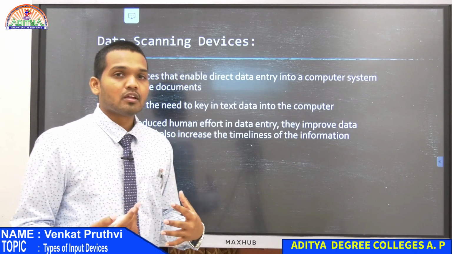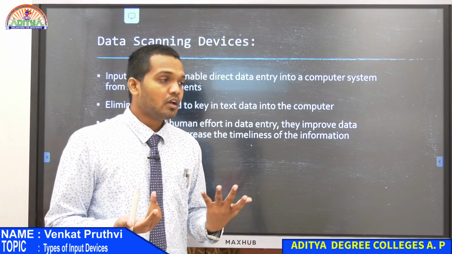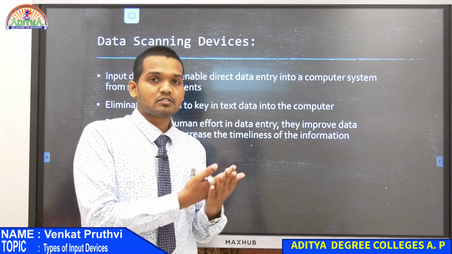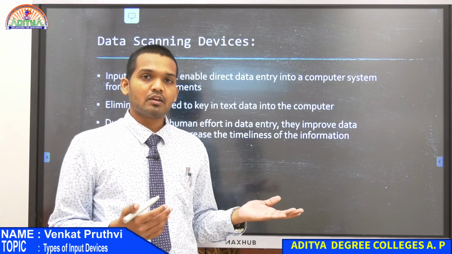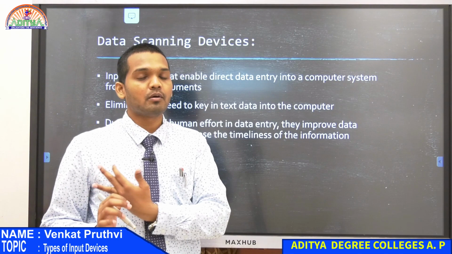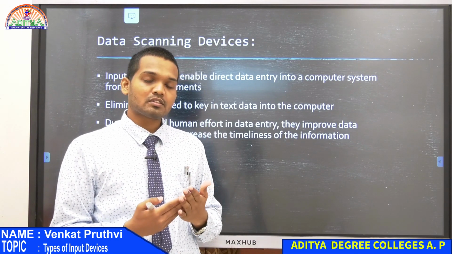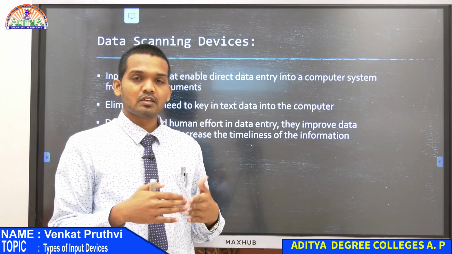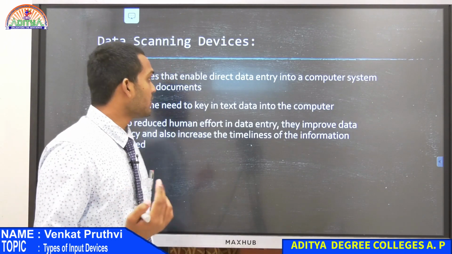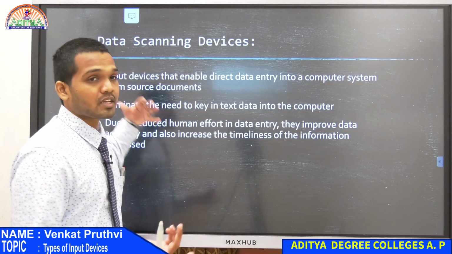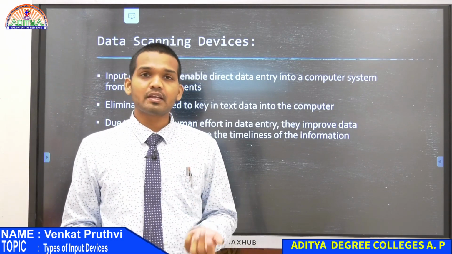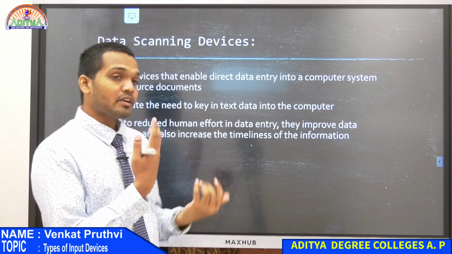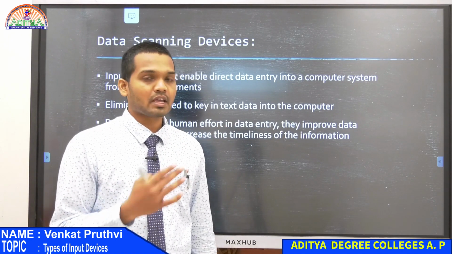So what is happening there? You have a machine or a device over there which is used to scan the document that is on a paper or a hard copy that you have into the computer form. That scanning device is copying all the data that is present on your sheet into digital form. Now that is what we call data scanning devices. What is it scanning? It's only scanning data. You cannot scan anything else with those devices, right? So whatever input you are giving, that is data to the scanning device.